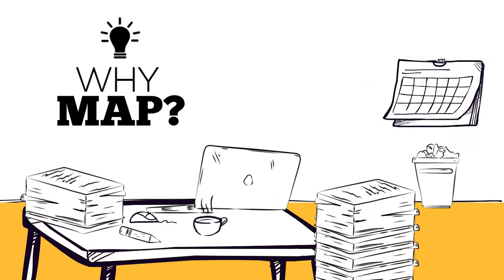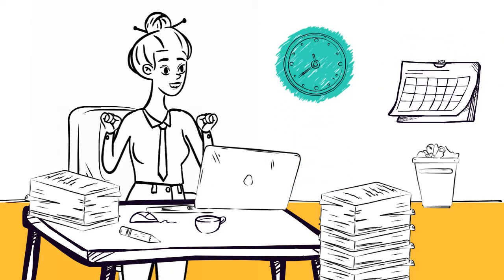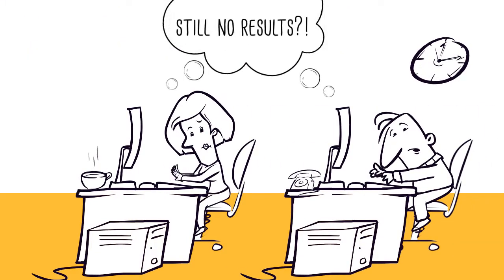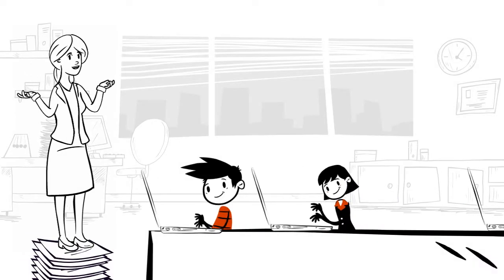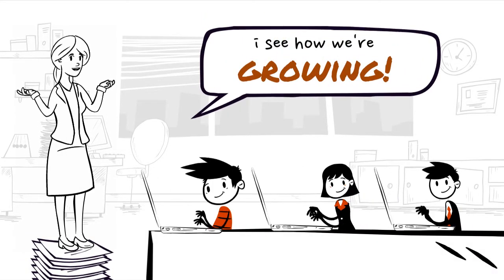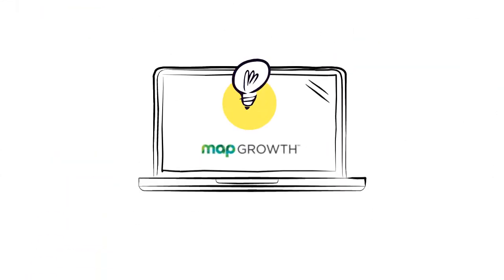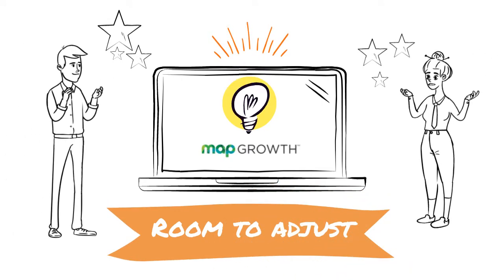Why MAP? Results from MAP tests are typically available to teachers, schools, and districts within 48 hours of when the students complete the test, whereas results of state assessments are typically not available for several months. MAP allows schools to assess students for growth during the school year and between school years. MAP data allows schools to differentiate and adjust instruction for individual students, groups of students, or entire classes based on